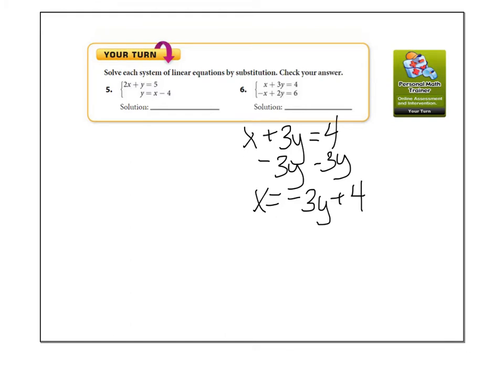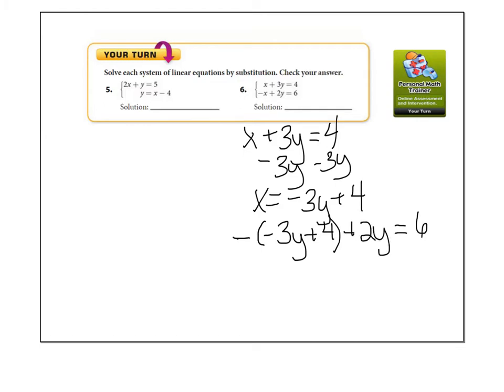So since that was the first equation, we now take this value and we substitute it in for the second equation wherever we see an x. So it says negative, and then I see x, but I don't want to write x. I want to write what x is equal to, which is negative 3y plus 4. So when we substitute it in, we insert parentheses, negative 3y plus 4, and then I write the rest of the equation, which is plus 2y